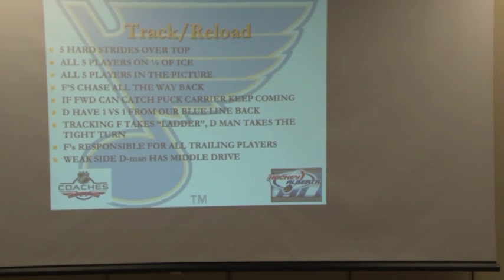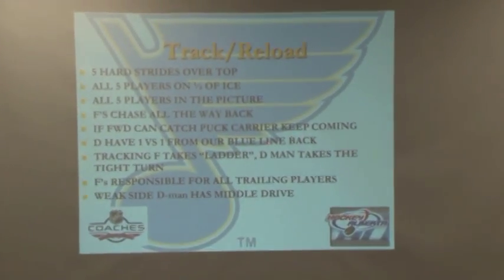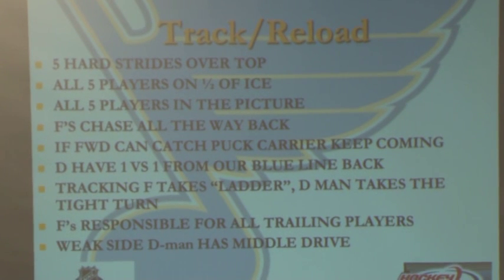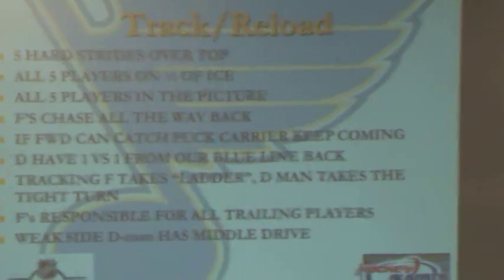D have the one-on-one from the blue line, so at some point you've got to get that situation sorted out. So we're saying in general, most of the time, our D will play the one-on-one from the blue line back. The tracking forward takes the ladder play. So again, simple hockey terminology. Offensive team play, ladder play for us, and you see it a lot, and you have to have a plan